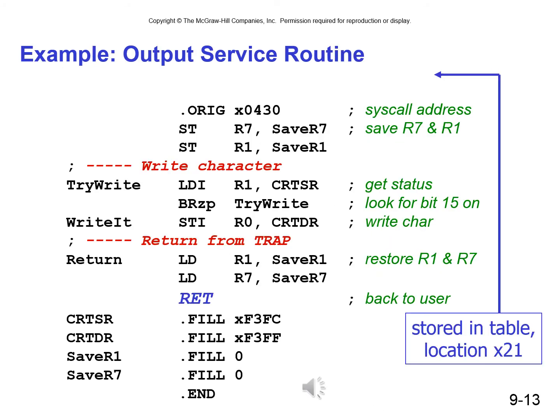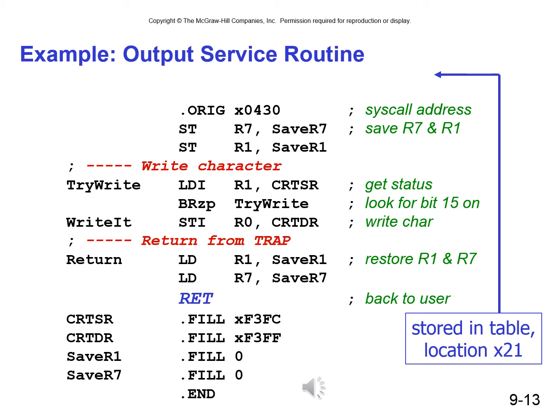In this slide, we're going to dissect the output service routine, or OUT. You're going to see this is a TRAP x21, and at hex 0021 you'll see the address 0430 stored, which is the start address for